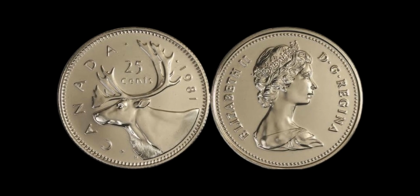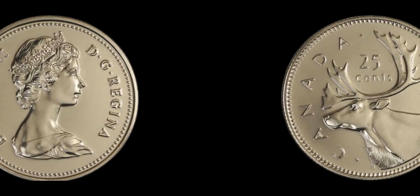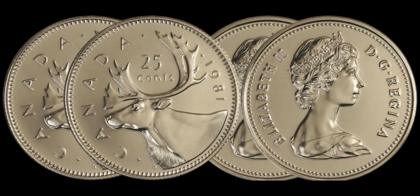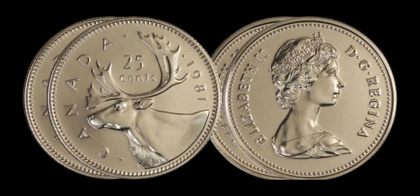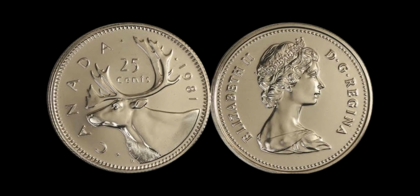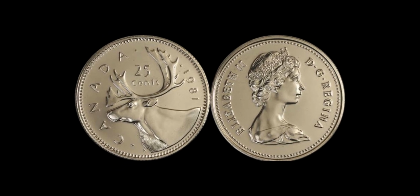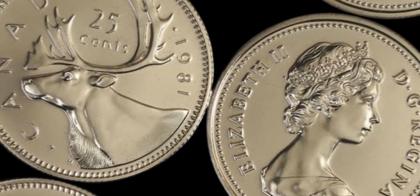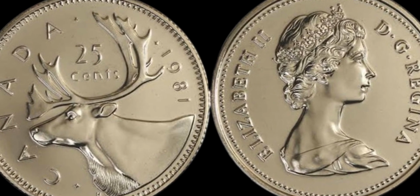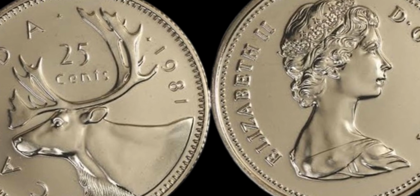This mistake is extremely rare and adds to the coin's overall value. Furthermore, the 1981 Canada 25-cent coin is also highly sought after by collectors due to its pristine condition. Coins that are in uncirculated or near mint condition are incredibly rare and command a higher price in the collector's market. So, if you happen to stumble upon a 1981 Canada 25-cent coin in mint condition, you may have hit